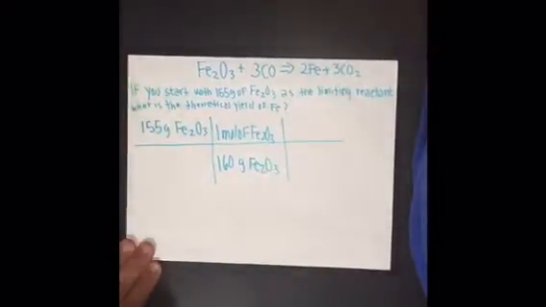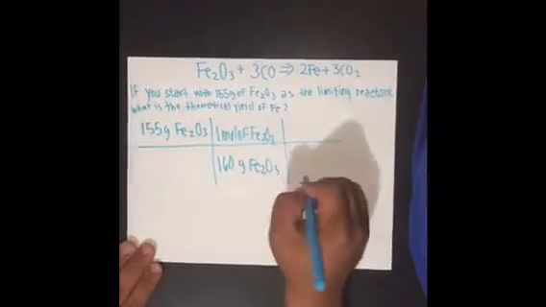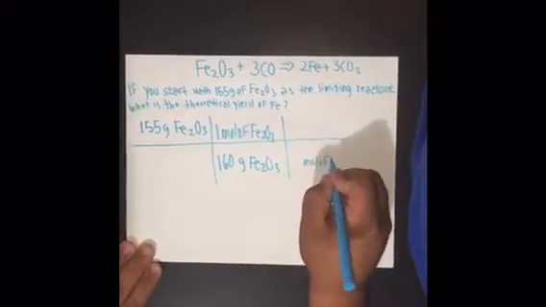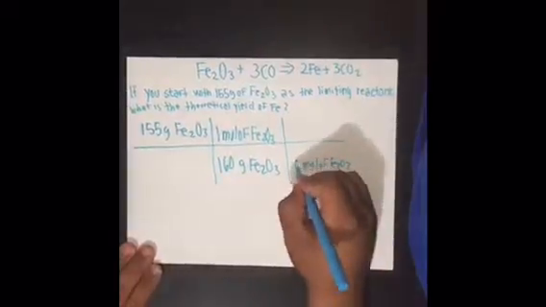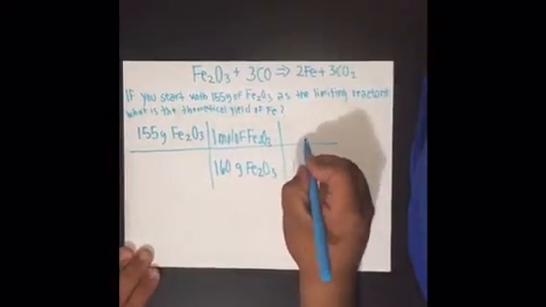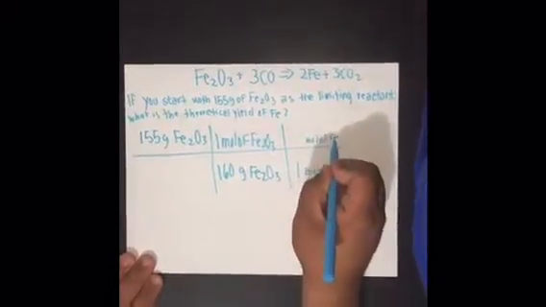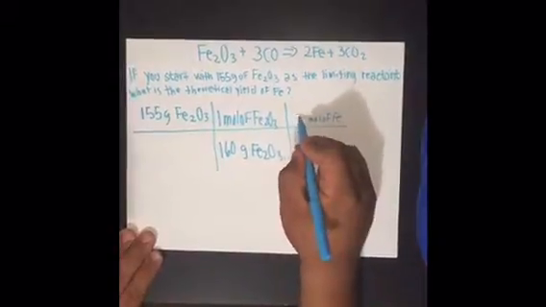Alright, after that, you put the given right here on the bottom, so mole of Fe2O3 is 1, and then right here you put mole of Fe, so Fe is right here, so basically you put 2,